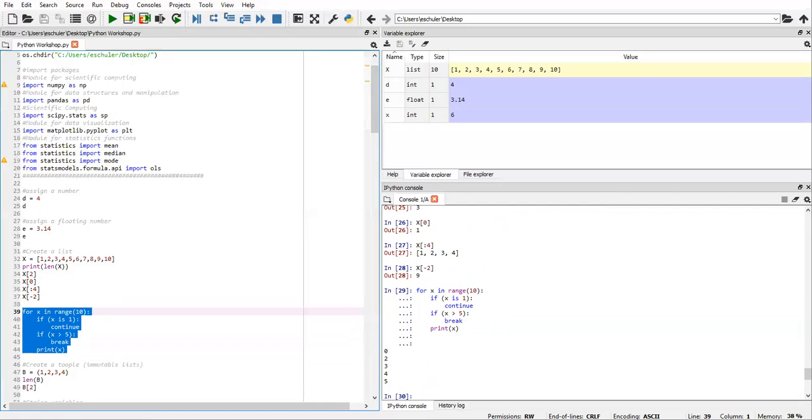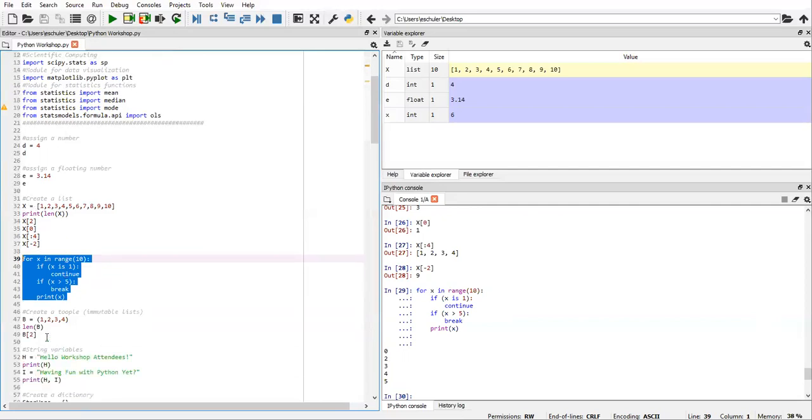Now what we can also do is create a tuple. The elements in a tuple are ordered just like a list, so they can be accessed by position. However, the elements and positions are locked, so we can't change these like we could change a list. The difference between a tuple and a list is that a tuple uses parentheses rather than square brackets. So we're going to create an immutable list, or a tuple,